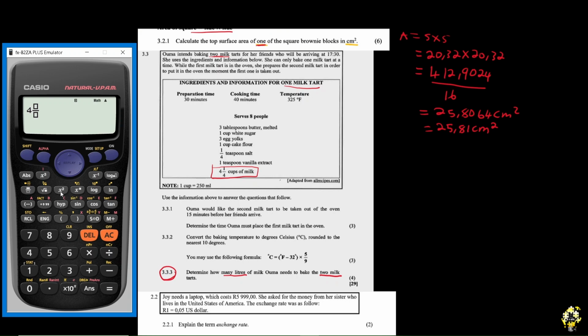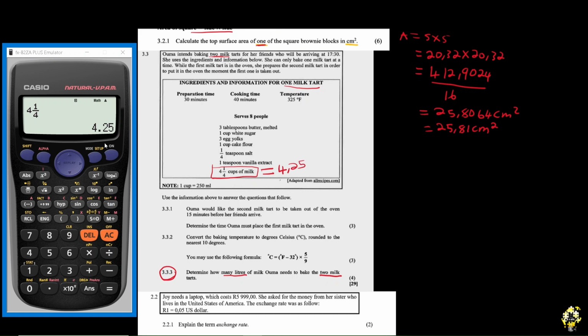So now I'll put a 4. This will tell us what 4¼ is in decimal form. Okay, that's not 2, that is a 4. You see? So essentially what they are telling us here is that you need 4.25 cups of